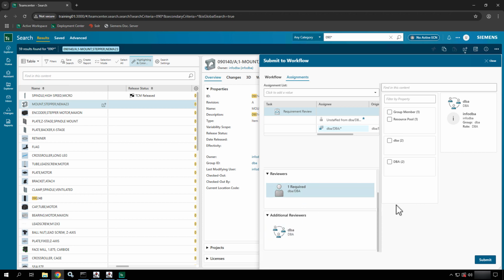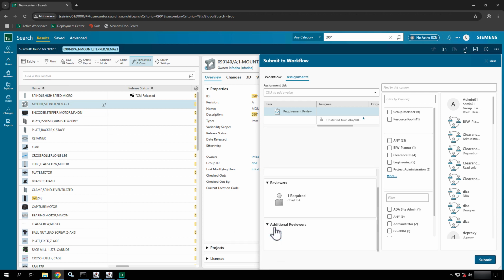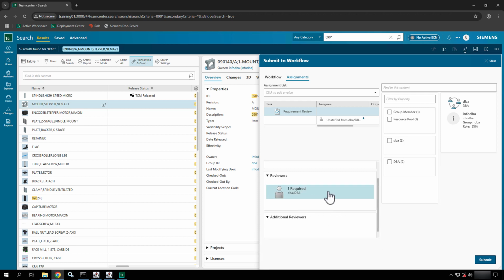And I've messed that up. So in this case, I've added one extra additional reviewer that is also DBA. So I'm going to select remove to remove that. And then I can see the reviewer. I've got that selected. So the reviewer here, you'll notice up at the top, it has a star on it, so it's required. If I hit DBA again,